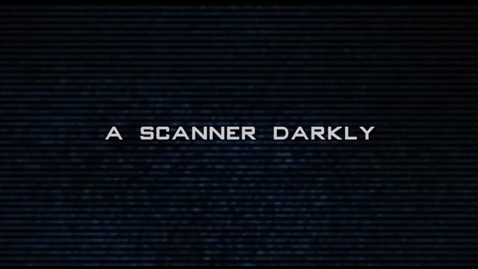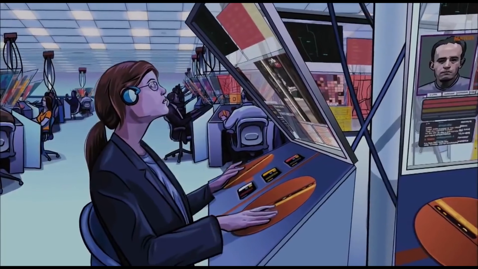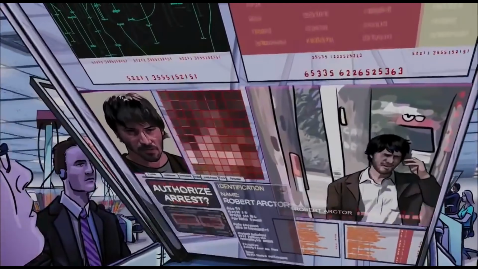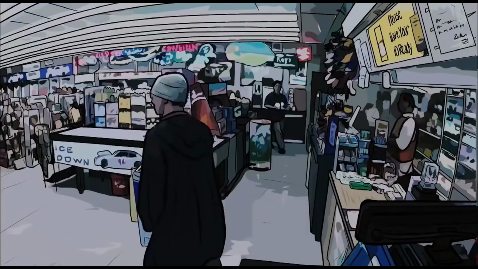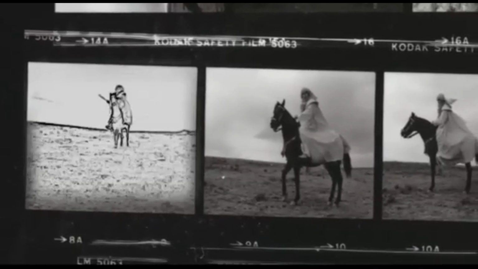And from 2000 we have A Scanner Darkly. Once again, using rotoscoping and high contrasting colors. I love the animation in this, the smoothness of it, and this is also a look that we're going to be... Here we can see how the